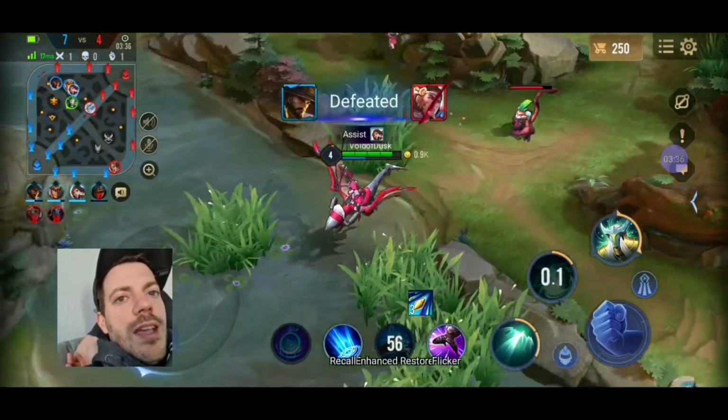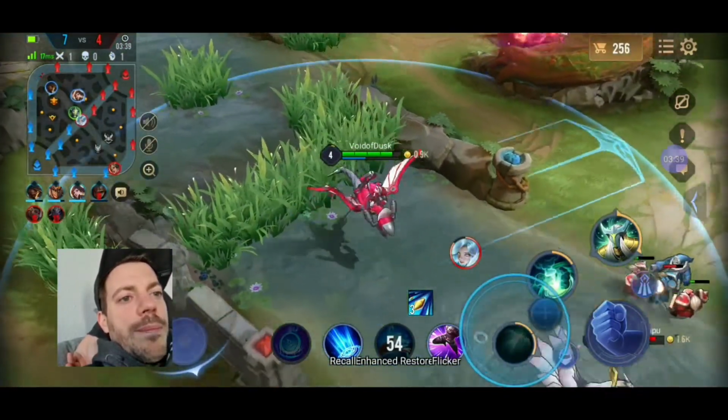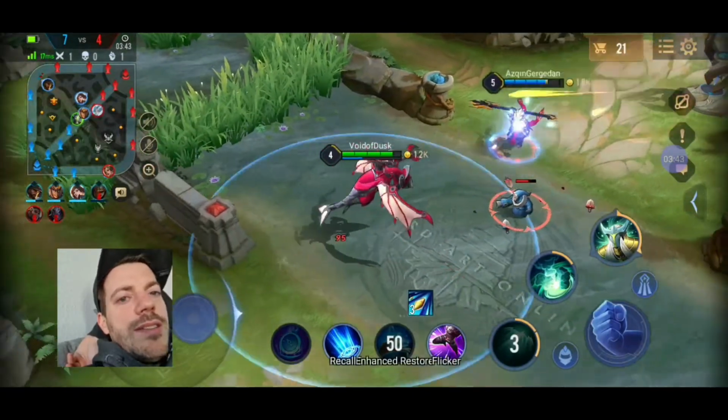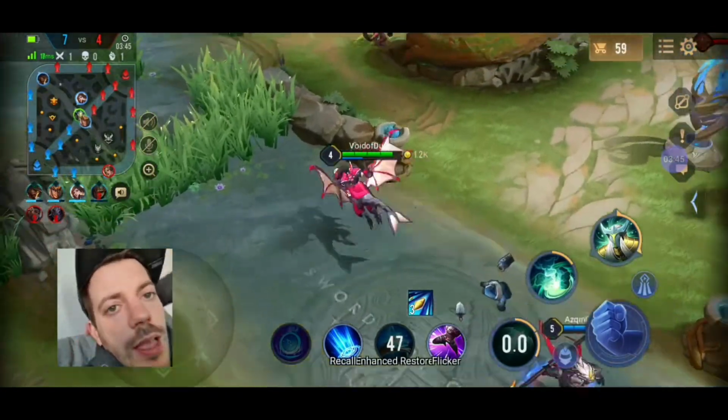Okay, Zephyrs and Elsa have been killed by Ryoma. Or by Lubu. Doesn't matter. He's dead. Like, that's the most important thing. We pushed